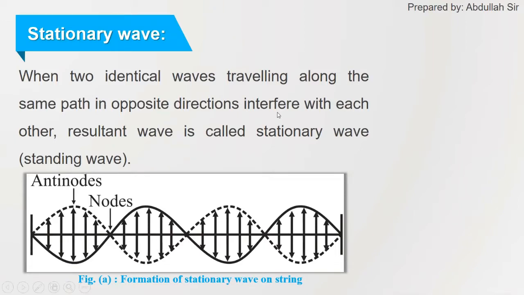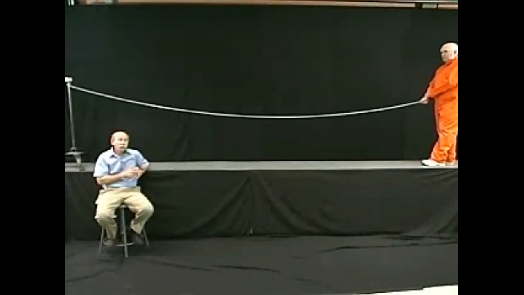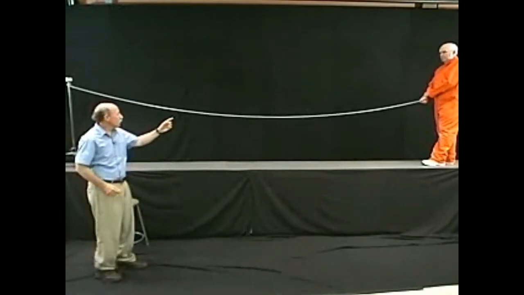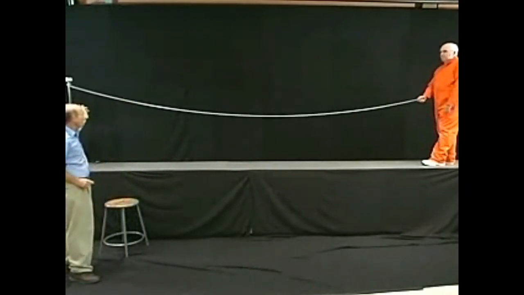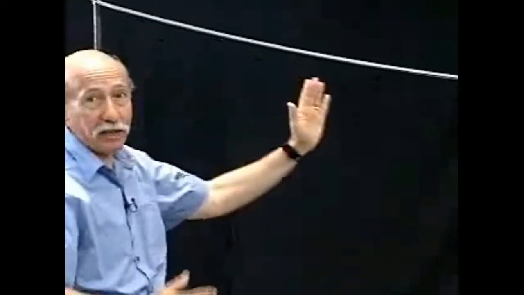Now let us understand the formation of standing wave on a string by this demonstration video. We've seen that we can set up standing waves on a rope. We're going to demonstrate that with this spring. Recall that a standing wave arises when a wave starting at one end is reflected back from a post which doesn't move, and the interference between the wave going in this direction and the wave reflected back in that direction leads to a pattern called a standing wave.